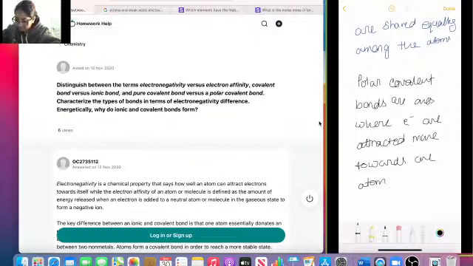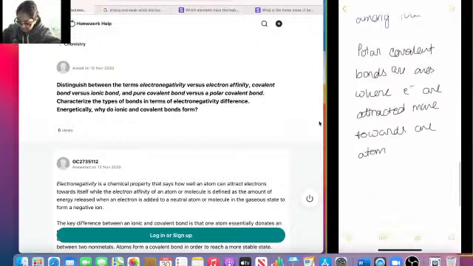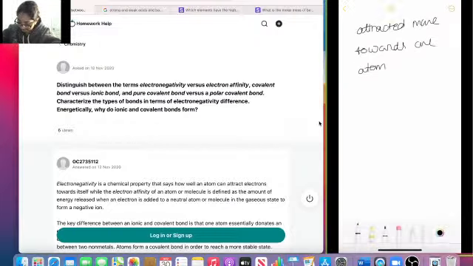Okay, and so what I mean by that is that electrons are shared unequally. Okay, they're shared unequally, and where one atom